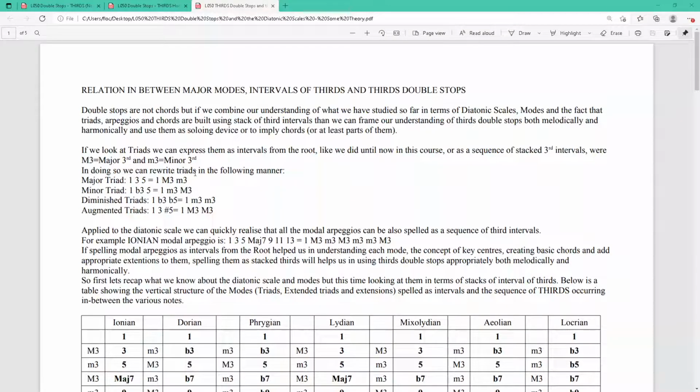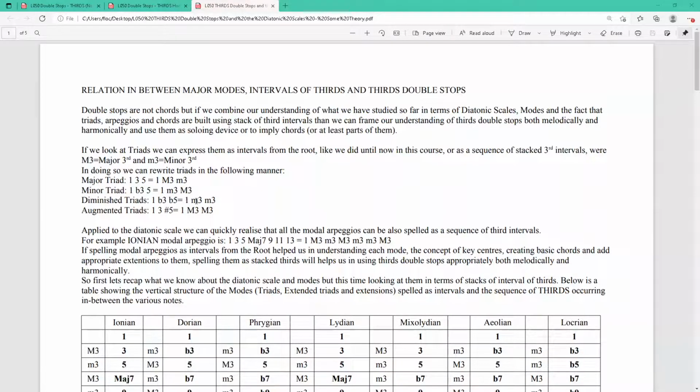In doing so, we can rewrite triads in the following manner. So a major triad, 1 3 5, is also a sequence: 1, a major third followed by a minor third. A minor triad is 1, flat 3, 5, but also root note, a flat 3 interval followed by a major 3 interval. A diminished triad is a root note, flat 3, flat 5, but also we can spell it as